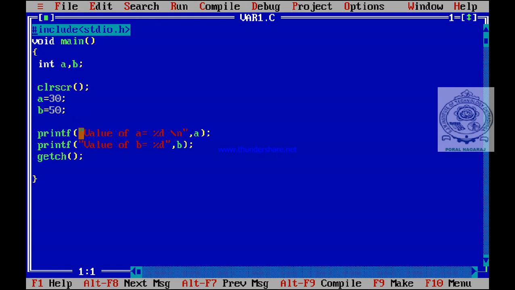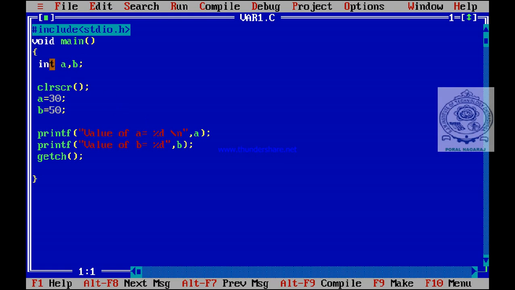Then I have used here the printf statement. Just understand the printf statement. It begins with printf, and within parentheses you have two parts. One is called the control string, which is displayed in red color here within double quotes. Then a comma, then the list of variables here, in green color. We have only one variable because this control string has only one format character,